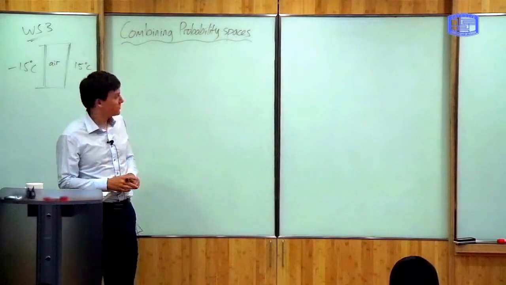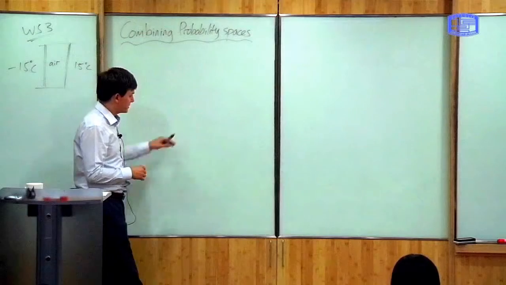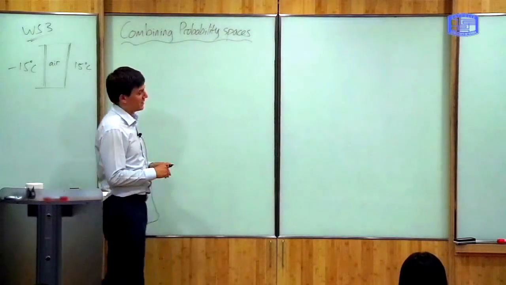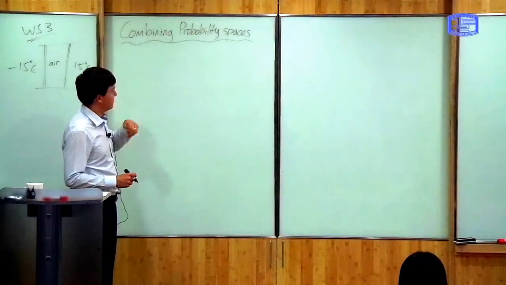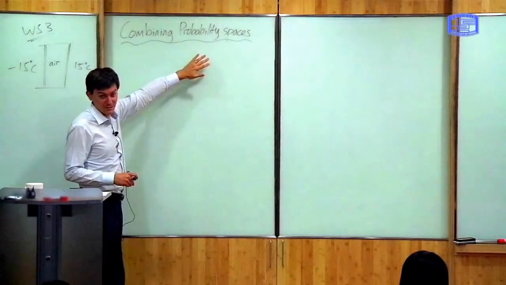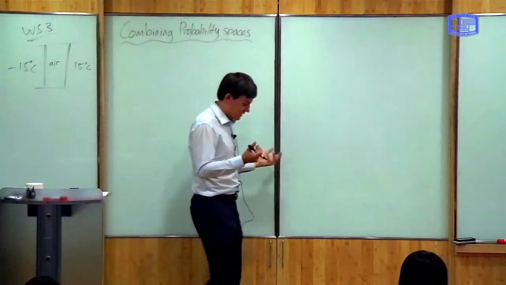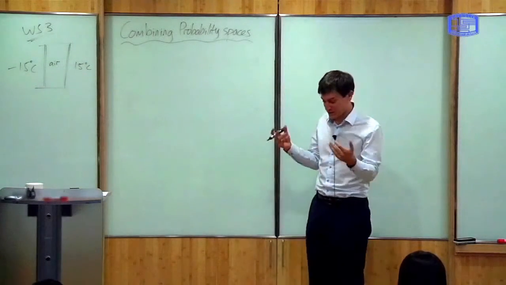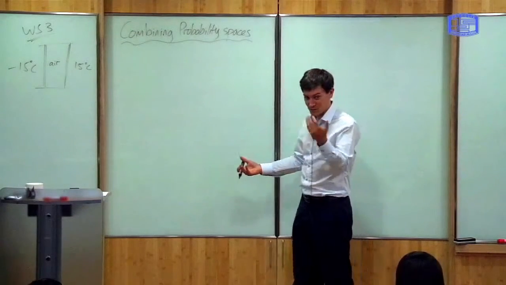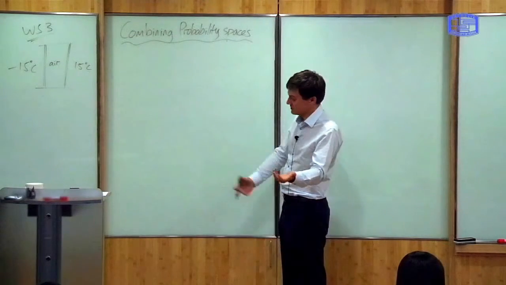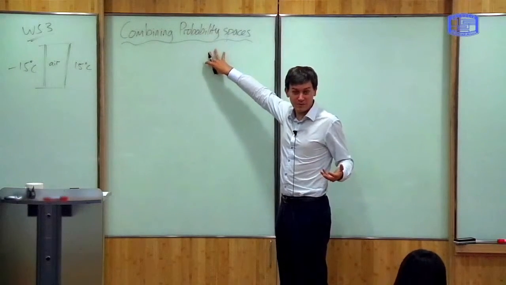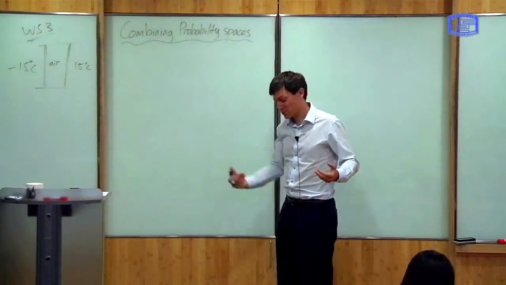So we saw last time how to define a probability space. For example, if I roll a dice, then I get a number between 1 and 6. The probability of each event is 1 over 6, and that defines the probability space. But I can add these two things together. So suppose instead of throwing one dice, I throw two dice. Okay? Then I've got one probability space for the first dice, one for the second, and I can combine them to make a joint probability space of the total result.